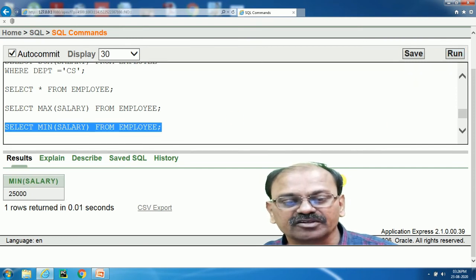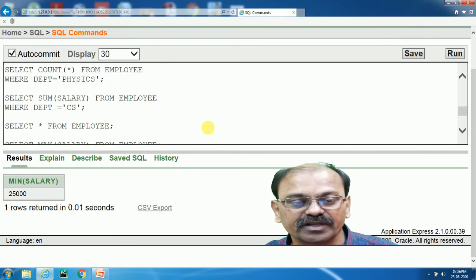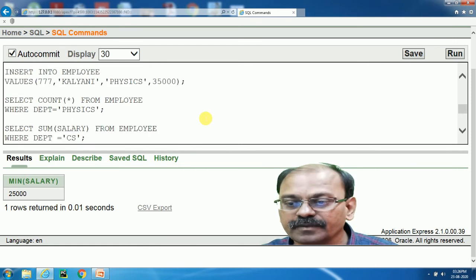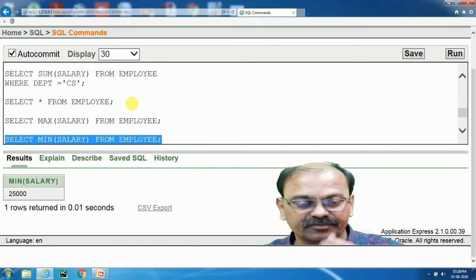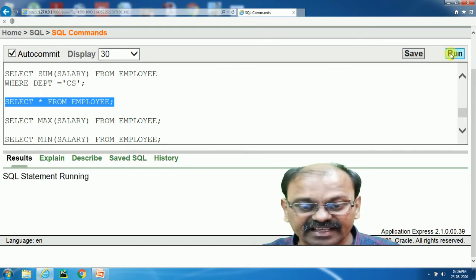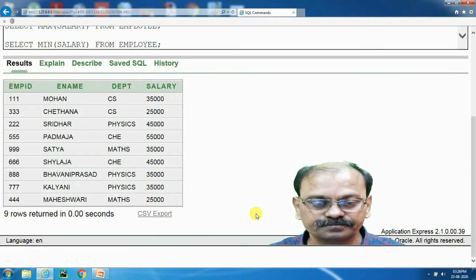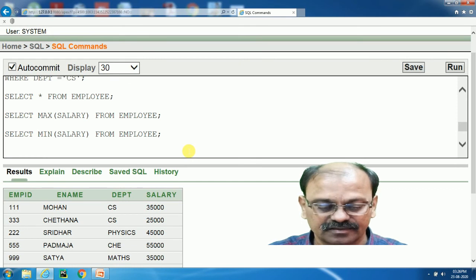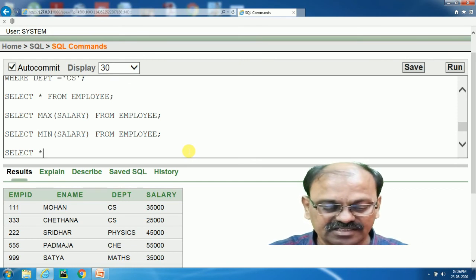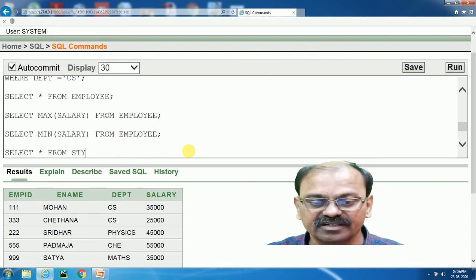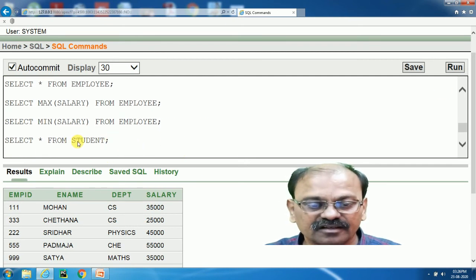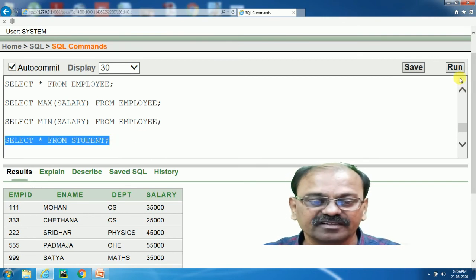Now I did not do DISTINCT. Now I will use the DISTINCT. Why? Because in this particular table there are no duplicate rows. So I will take the student table for this DISTINCT. SELECT star from student. You want to understand, no, that's why I am selecting star from student. Here some duplicate rows are there in this particular table. So Vishal is duplicated, and Ganesh is there.